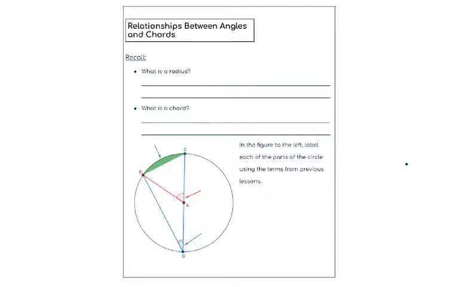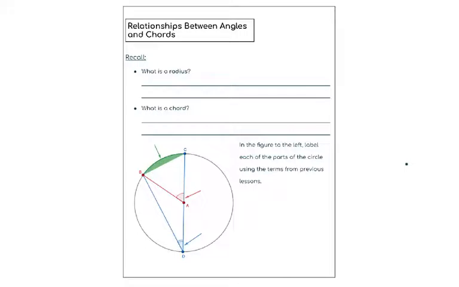So, up until this point, we've talked about equations of circles. We've talked about the angles within circles. We've talked about inscribed angles. We've talked about central angles. And now we're going to talk about the relationships between angles and chords and what they have to do with